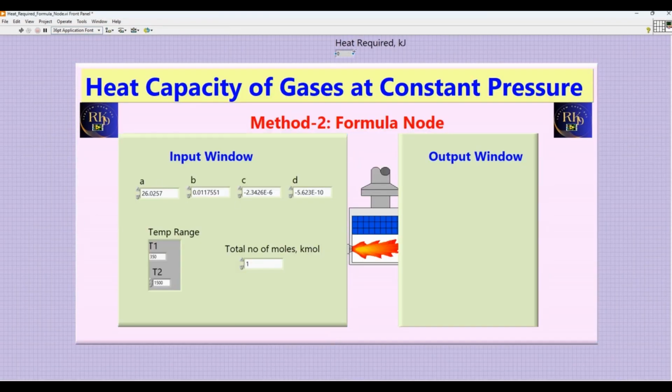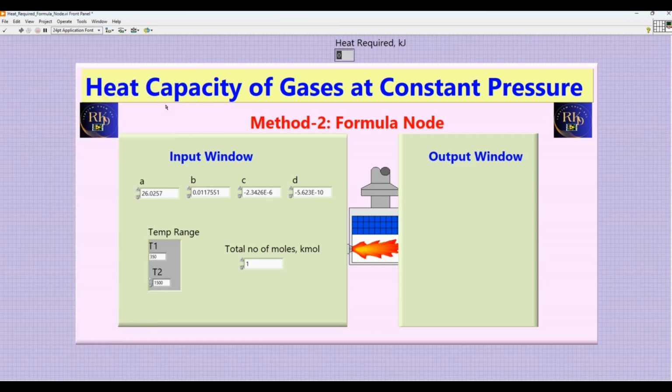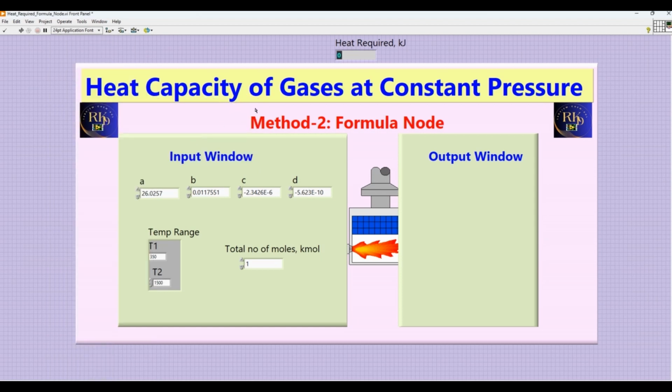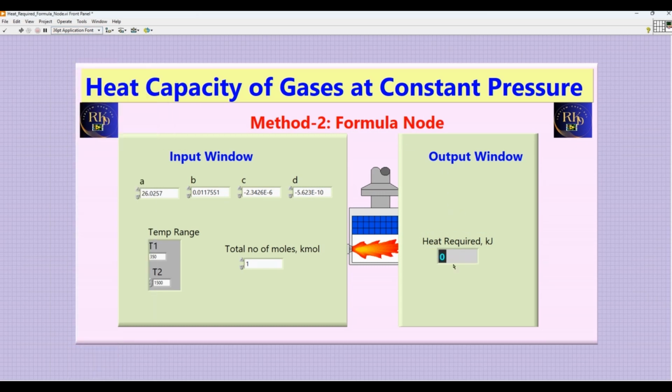Now I'll take this value from here, put it in dark color and bold, and drag and drop it here.